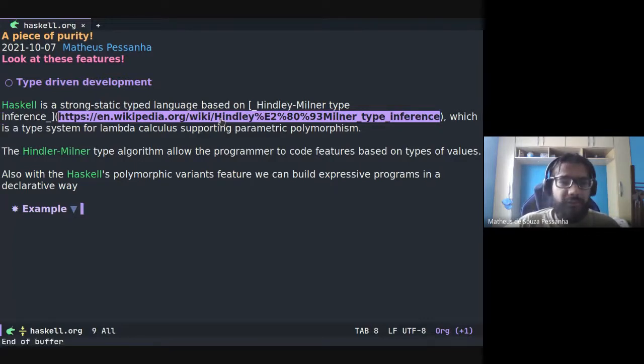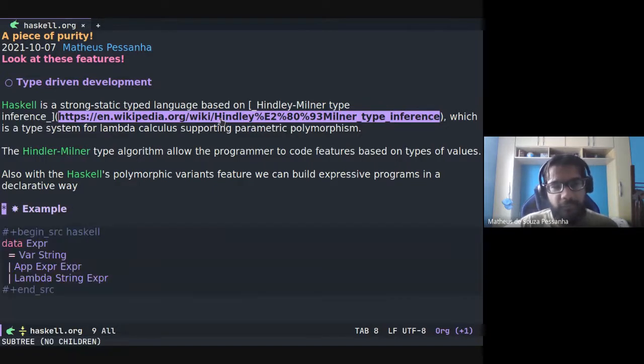So a tiny example is the definition of the lambda calculus syntax. Here we're creating a variant, a polymorphic variant, and lambda calculus has 3 constructors: a variable, so we create the variant Var to handle a string.